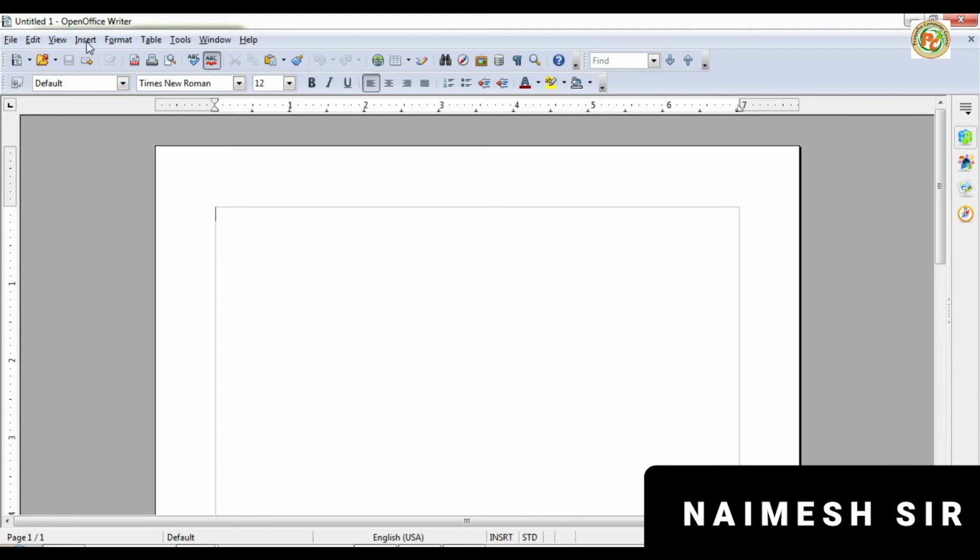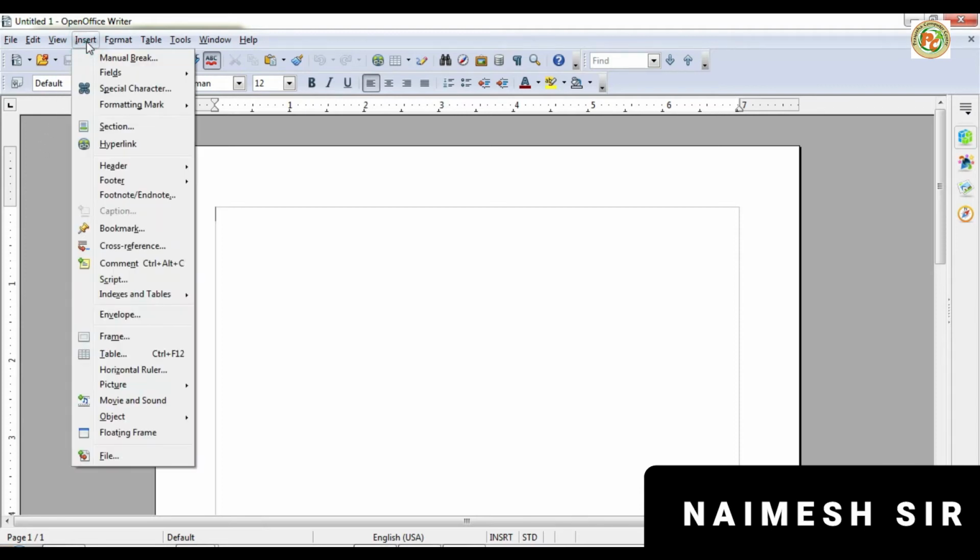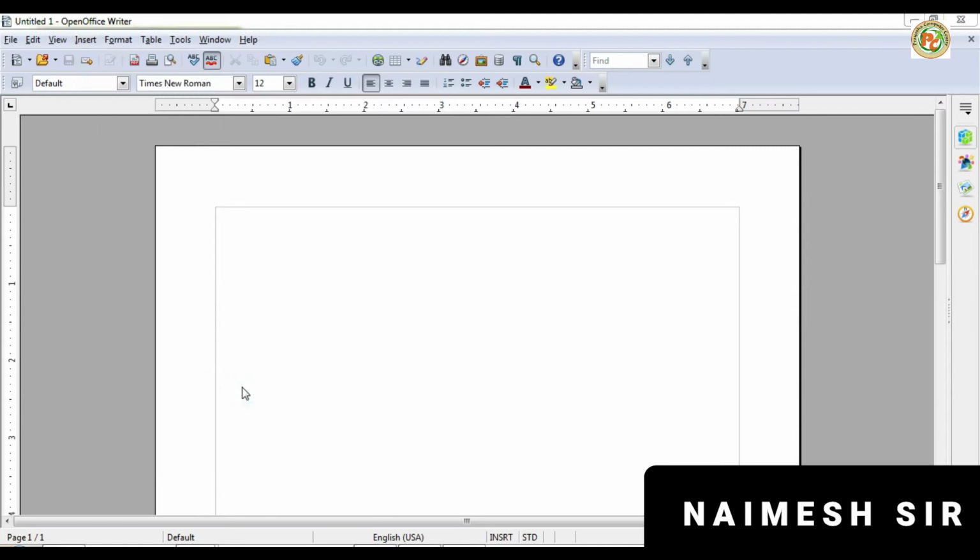So whatever you want to insert, it will be inside the Insert menu. Now from here we want to insert the image, so the Picture option is there inside that. So you have to find the Picture option. Now let's see, it is here. Now we have two options here, insert from file and scan from the computer. If you have a scanner then you can scan it directly, but if you don't have a scanner and you want to insert an image we have already downloaded from the internet, then you have to click on From File.